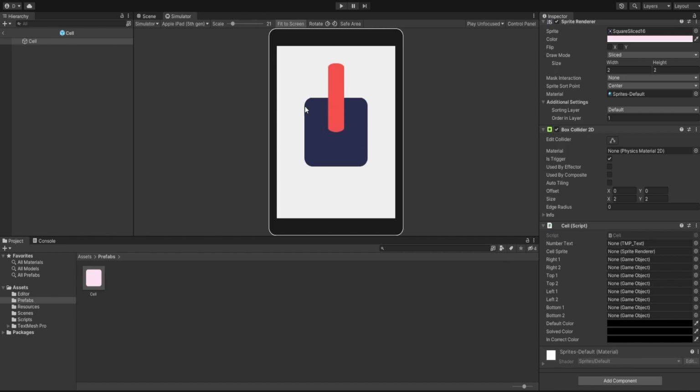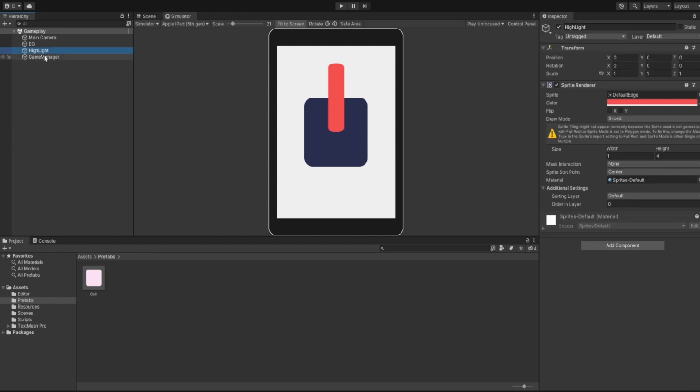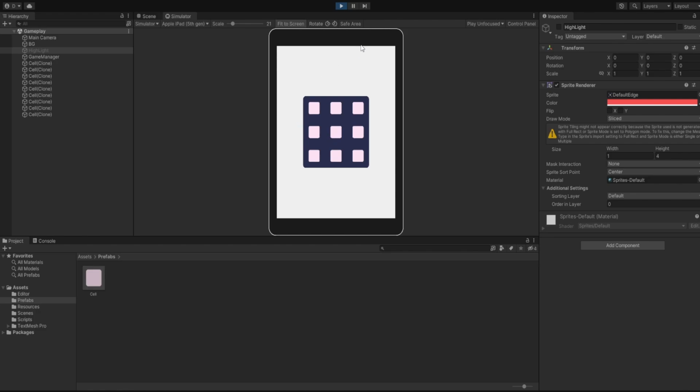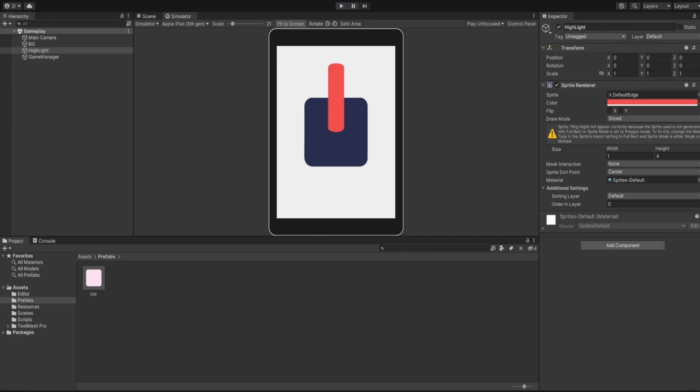So these are for the edges. So as you can see, we are going to have an edge here. This one is here and highlighted, but we are going to have edges there. So that was it for this part, and we spawned our cells, realigned our game objects, which is our background and the camera, so it fits perfectly. And in the next part we'll